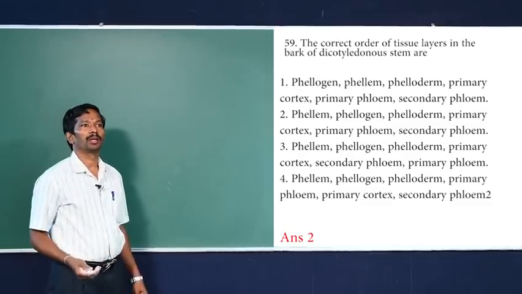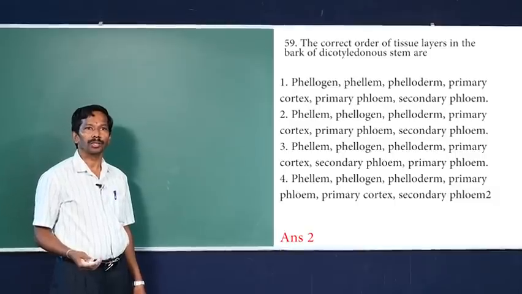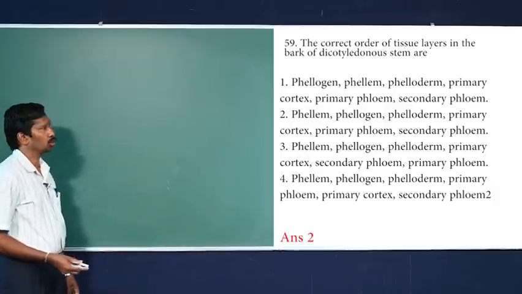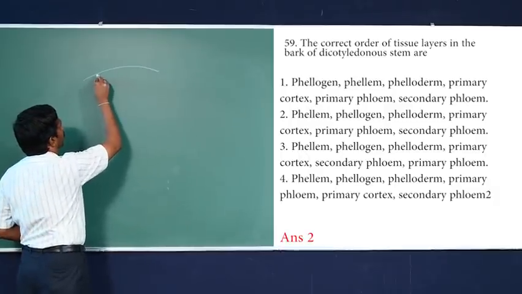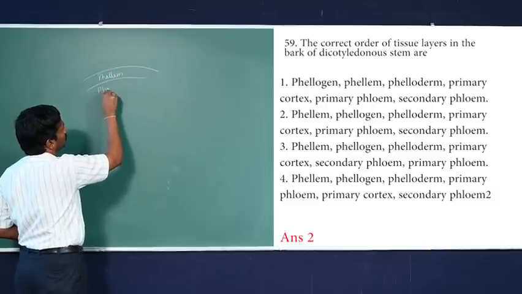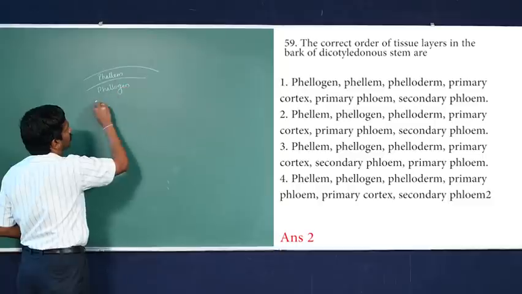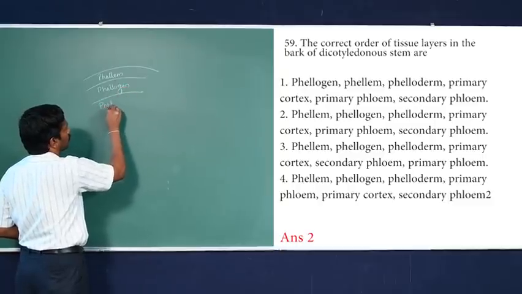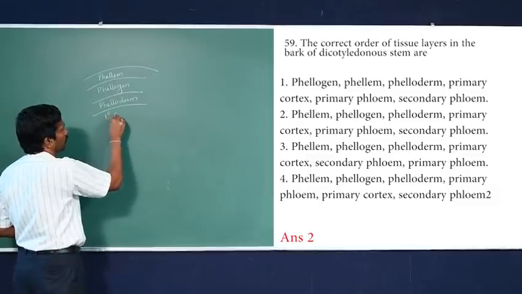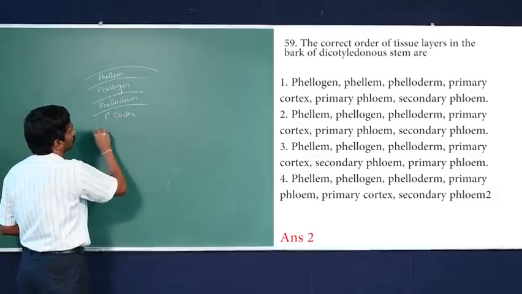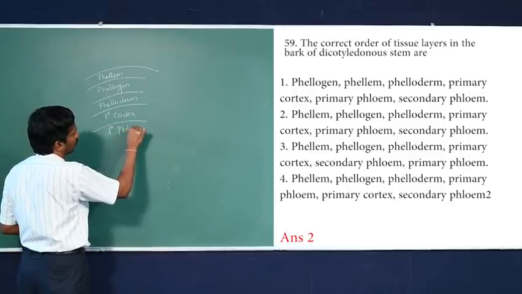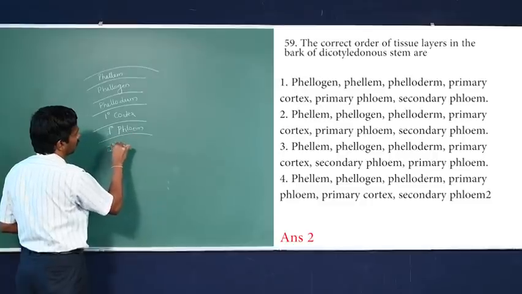Multiple option. 59. The correct order of sequence of tissues from the bark of a dicotyledon stem is, answer should be: phloem, diagrammatic representation, then it is phloem, then it is phelloderm, followed by primary cortex, then it is primary phloem if it is remaining, then secondary phloem,